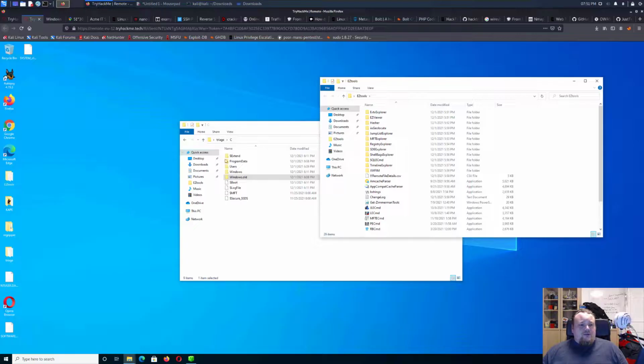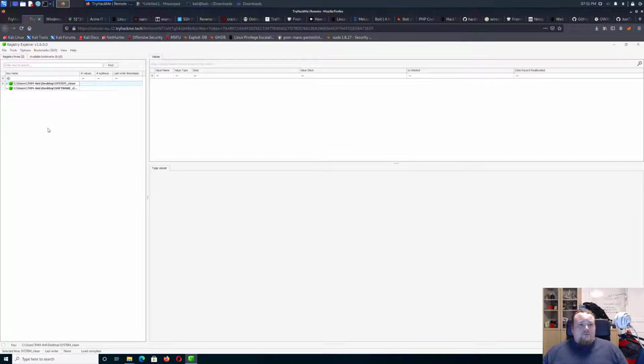So basically what I'm gonna do is go to my Registry Explorer. I'm gonna open up a Hive. A Hive, I already have one here. I have a system and a software. Now, if you read all this, you will know that it's sometimes going to tell you it's dirty, and basically